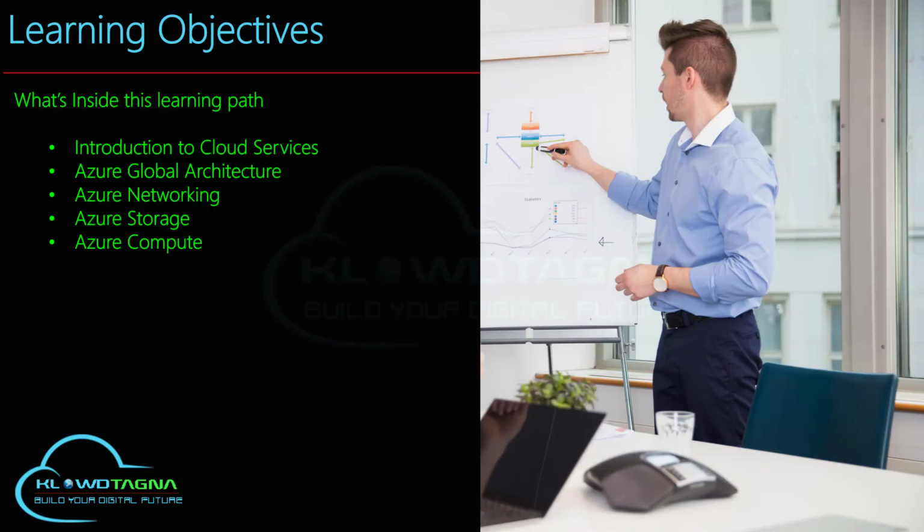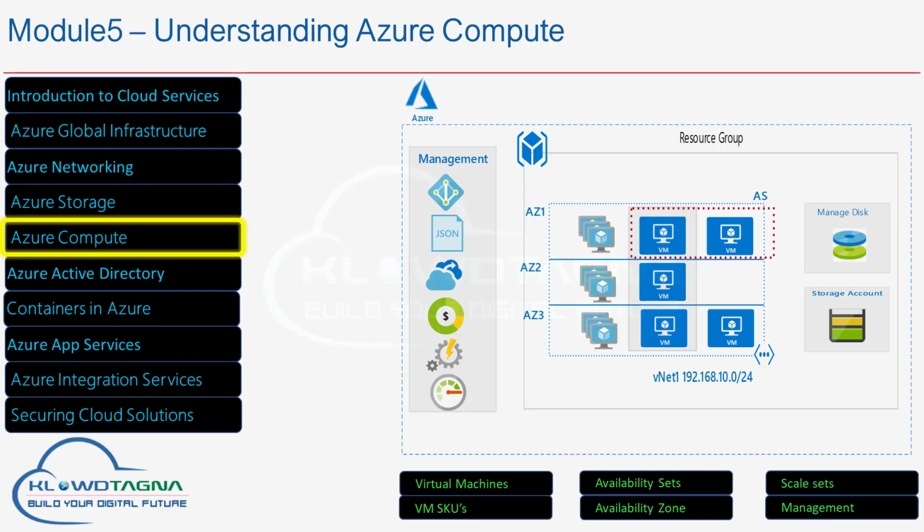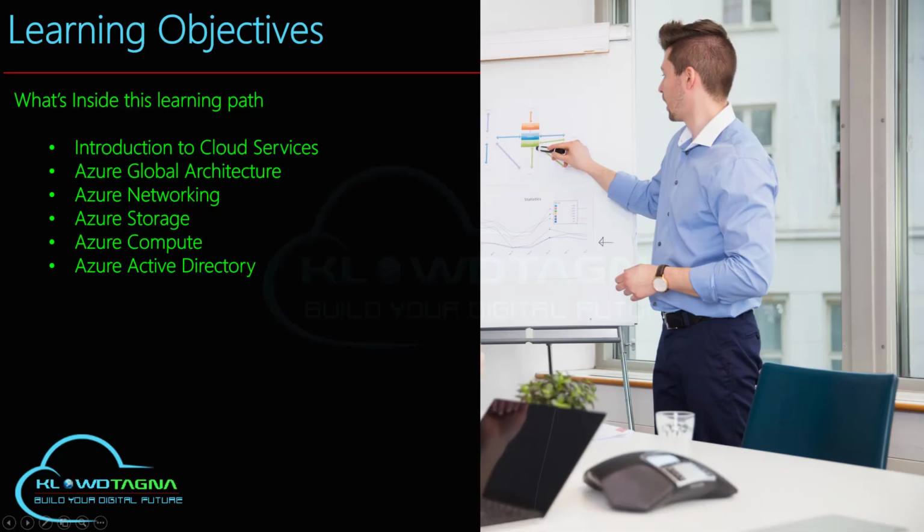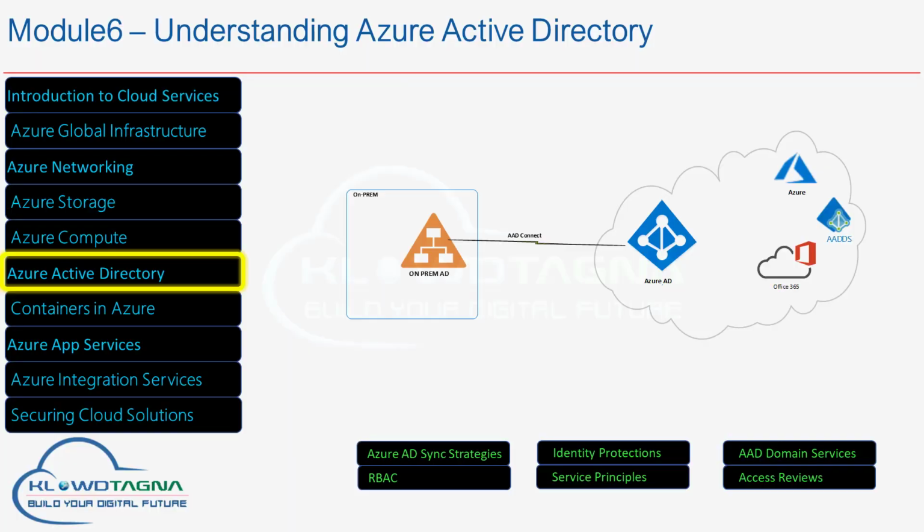Fifth module, we will explore more on the Azure compute components like virtual machines, scale sets, availability sets, and also we will give you the best practices to be followed when it comes to virtual machine management. Sixth module, we are going to take a look at the identity strategies, which is all about syncing your on-premise Active Directory with Azure Active Directory and leveraging Azure Active Directory for all your authentications and authorizations for managing Azure